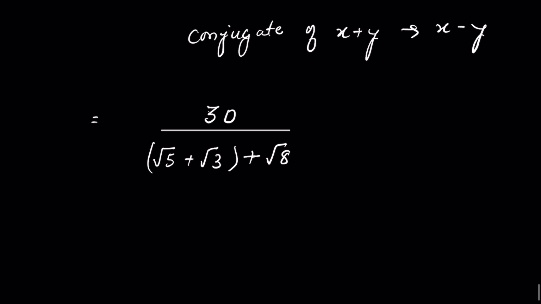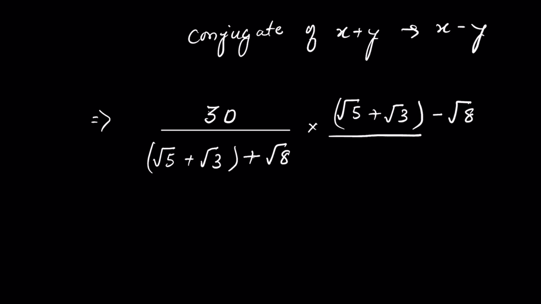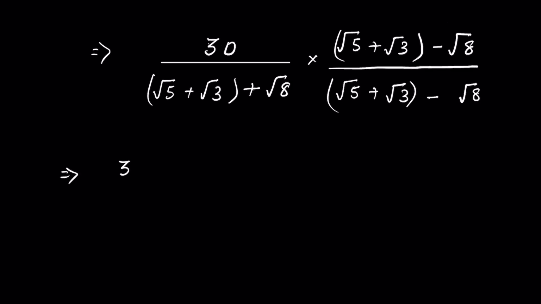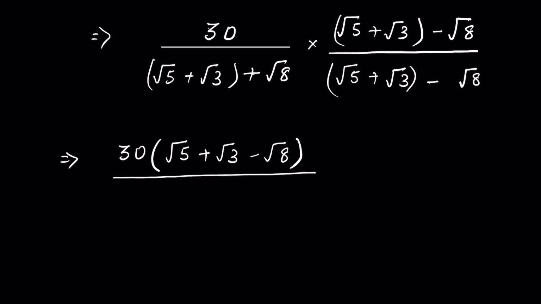Now the conjugate of square root of 5 plus square root of 3 plus square root of 8 will be square root of 5 plus square root of 3, since this is considered one term, minus square root of 8. Upon square root of 5 plus square root of 3 minus square root of 8, or then 30 times square root of 5 plus square root of 3 minus square root of 8 upon,